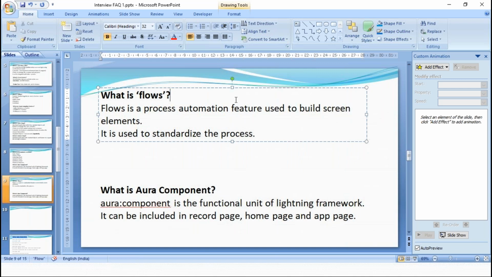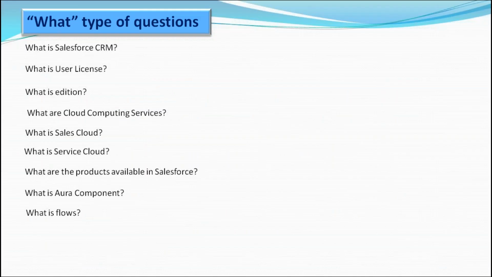Then as part of this process flows, you can also implement process automation. Like you can create a record, you can send email. All the process automations that you can do in Process Builder, you can also do in flows. It's also called visual flows. People able to follow this? Are you clear with this?